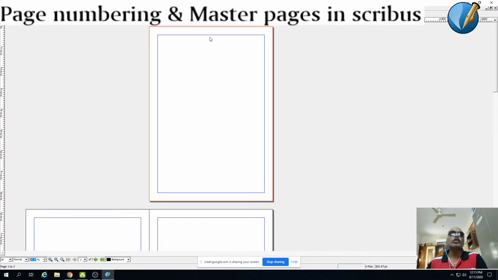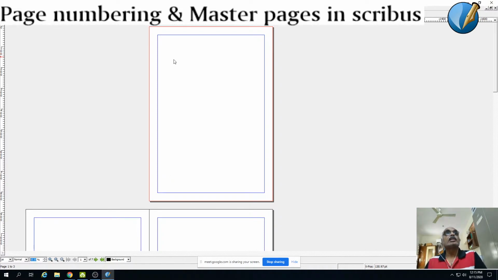You need not use the same master page for all your book pages, but there are certain elements of the page which are going to be uniform. So what are those elements? For example, the page number. You can give it in the footer, in the top right corner, or the top left corner. Ideally speaking, you will give it in the footer, a small text box in the footer. So for that, you create a master page wherein you will have a page number box at the bottom of your page. That is the first thing we are going to do.